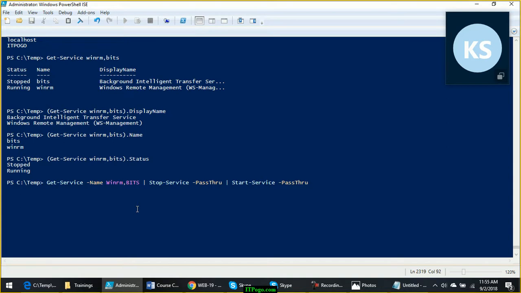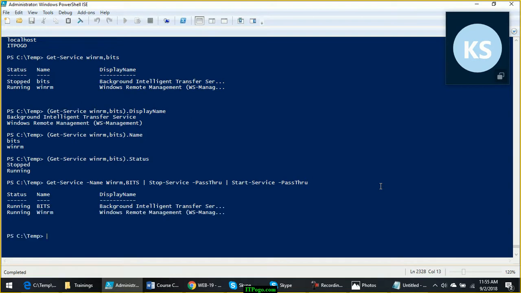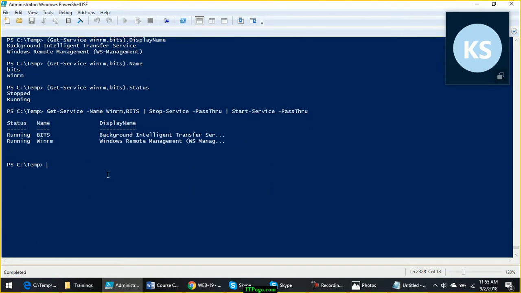Now what we are doing here is the output of this command is going as input to the next command. Again, the output of this command will go as input to the next command, and this will continue as long as you use the pipeline. What if I want to achieve the same results without using a pipeline? I want to restart these services without using a pipeline. So in that case, parenthetical commands will come into picture. Now again, I will add one more command here.